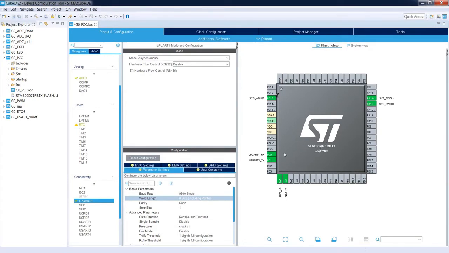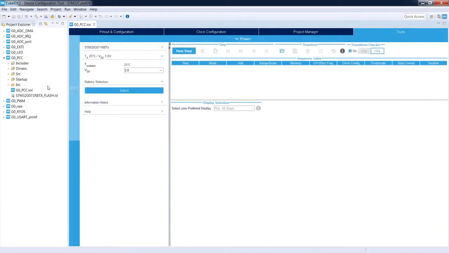My idea is to demonstrate to you a typical low power application, which should perform some analog measurements from time to time, receive and transmit some data over the UART, and wake up periodically using the RTC auto wake up functionality or a dedicated pin connected to PC13. Before we go further, let's save our application, Ctrl S. Yes, it will generate the code. And now let's switch to Tools and Power Consumption Calculator.